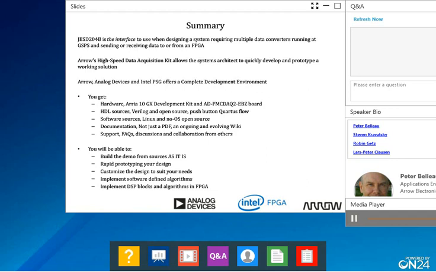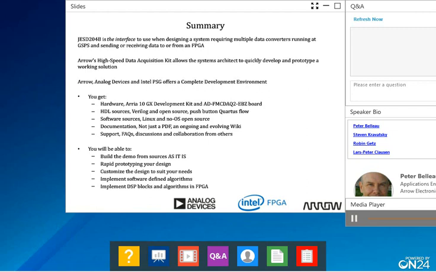Arrow, Analog Devices, and Intel PSG offer a complete development environment. You get, for hardware, the Arria 10 GX development kit and the Analog Devices AD-FMCDAC2-EBZ board. HDL sources is Verilog and open source, push-button Quartus flow.